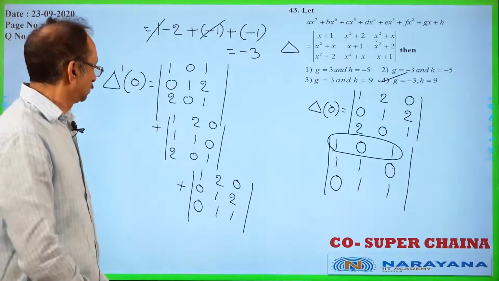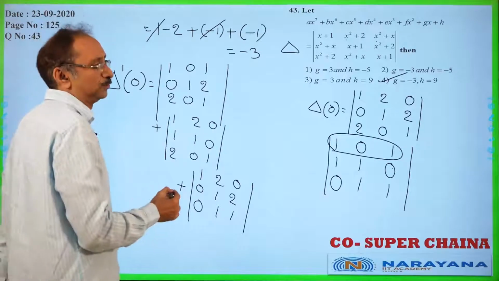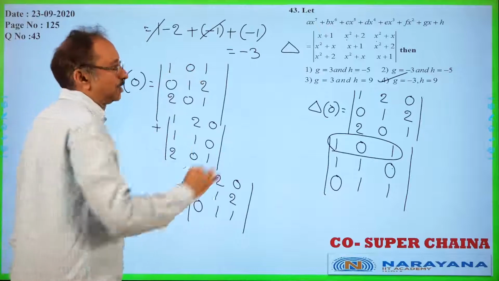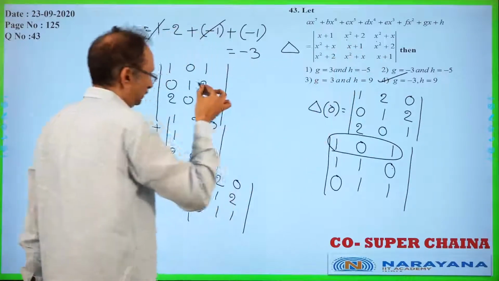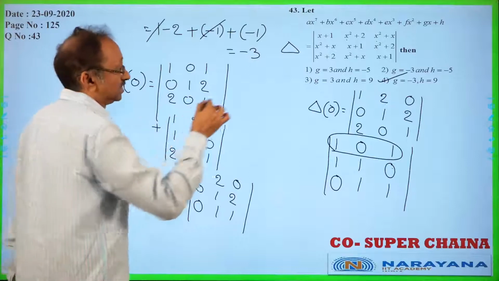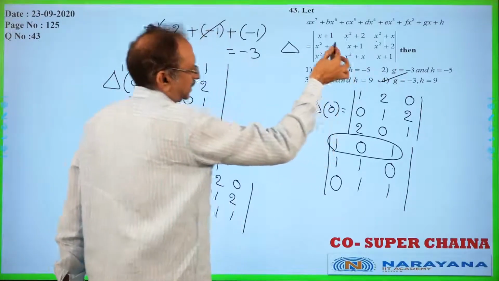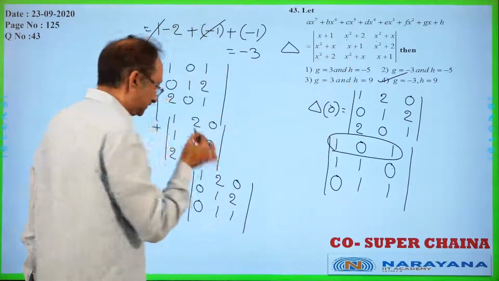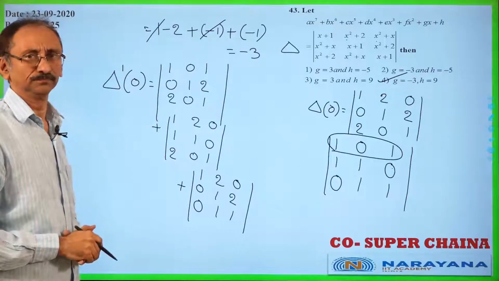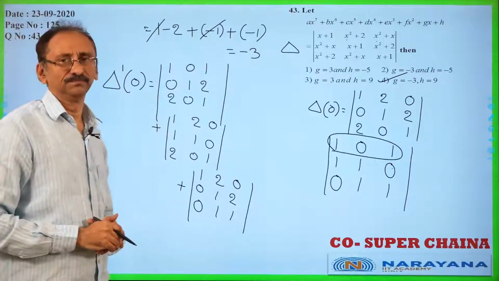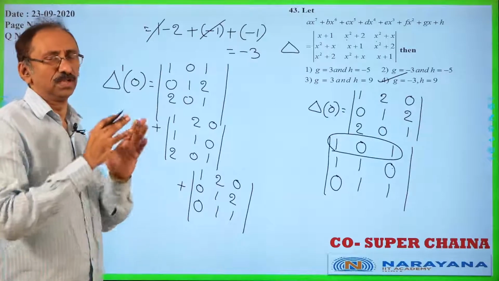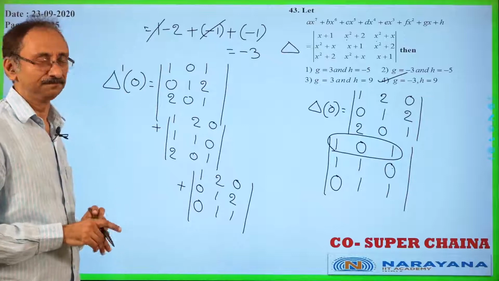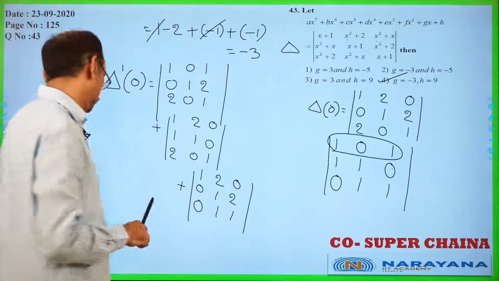Okay. If you feel you can do it comfortably, what you have to do is first find the derivative and substitute x equal to 0. Directly substitute x equal to 0 in these two rows, plus find the derivative of the second row and substitute x equal to 0, and in the remaining 2 rows put x equal to 0 as they are. Like that you can do. Okay, so this is an important model. In every mains examination and competitive examination, they are going to ask this question, right? Now we will move to the next question.